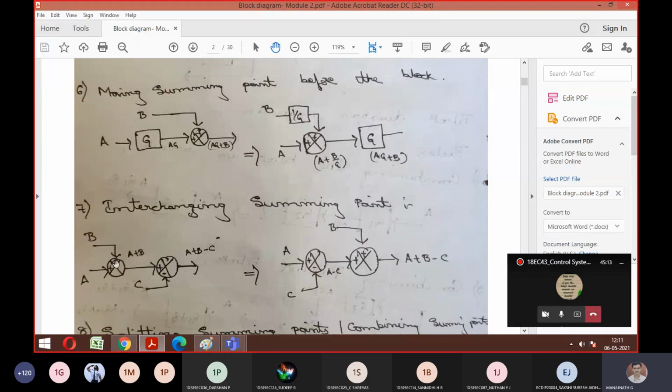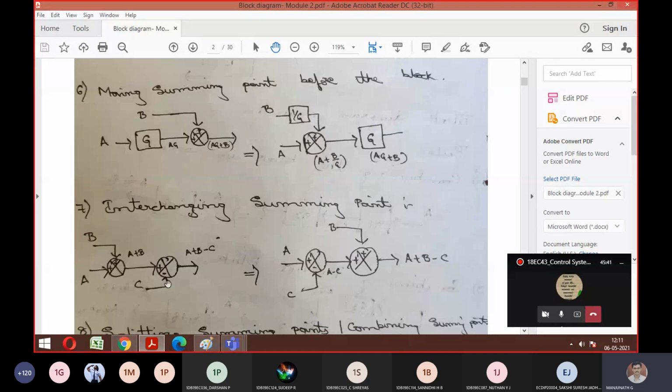Okay. So what about the second one, guys? There is one more, but you can look at the minus symbol there. I told you, right? Whichever signal is given, whether it is plus or minus, depending upon that you are supposed to write. So from this, we can clearly mention a plus b is the first category. So I'm giving one more new signal called c to a new summing point with subtraction. What I'm doing is, the first two signals I'm subtracting with the third signal. So the equation is a plus b minus c. Okay with this? The first category.